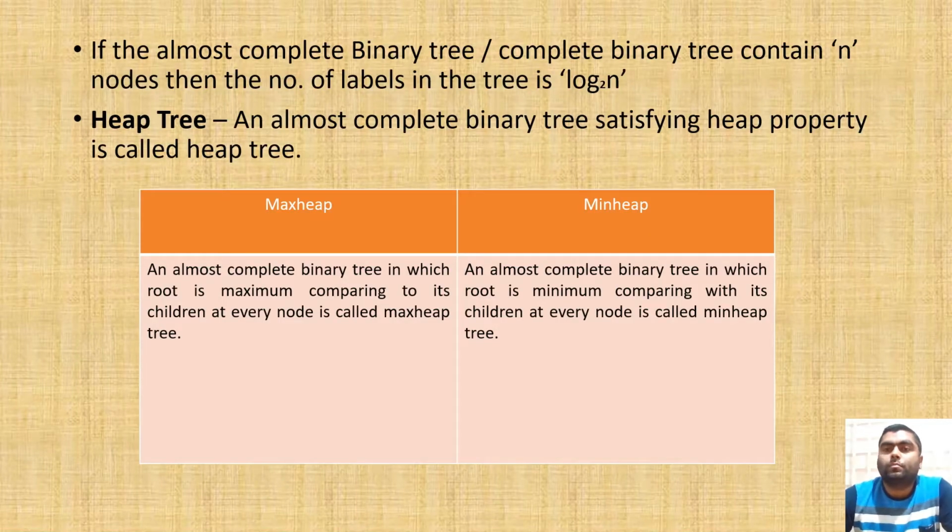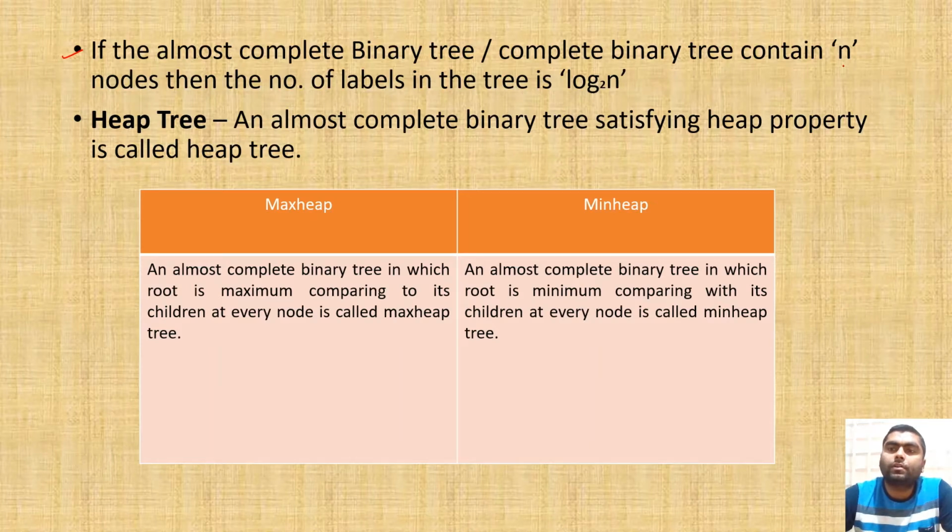We are starting from very basic things. First of all, the almost complete binary tree or otherwise complete binary tree. I already told you what an almost complete binary tree and a complete binary tree are. Those who don't know can refer to my binary trees video, which was a couple of lectures before. So if the almost complete binary tree or complete binary tree contains n nodes,